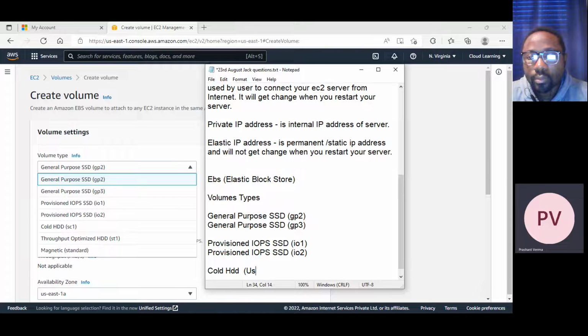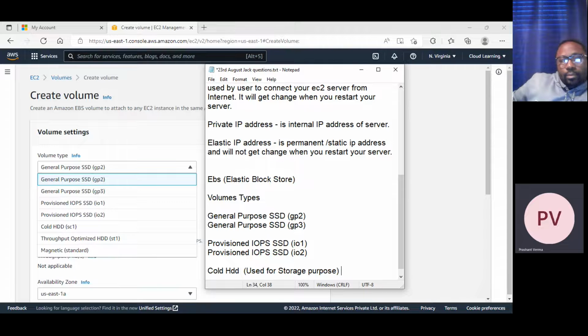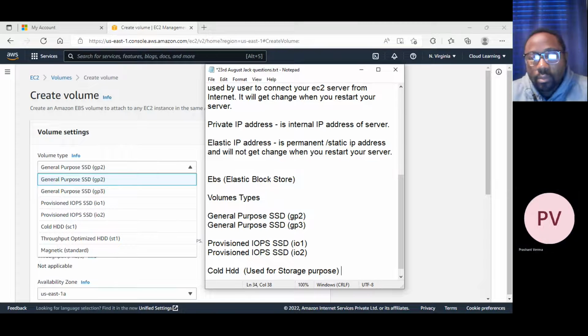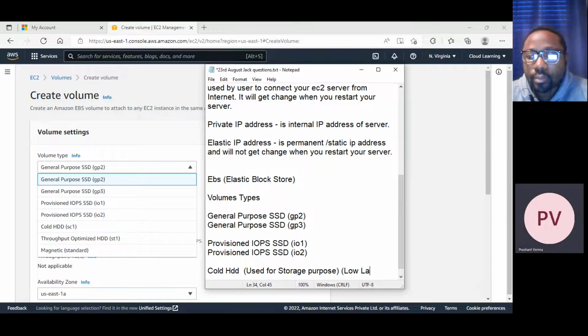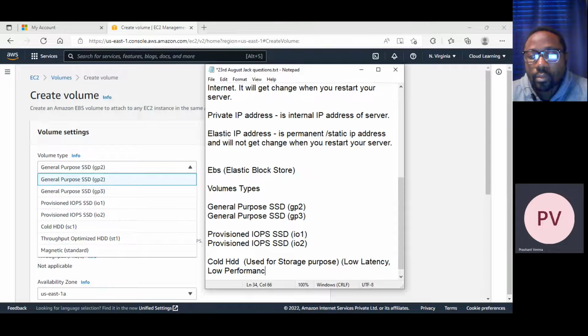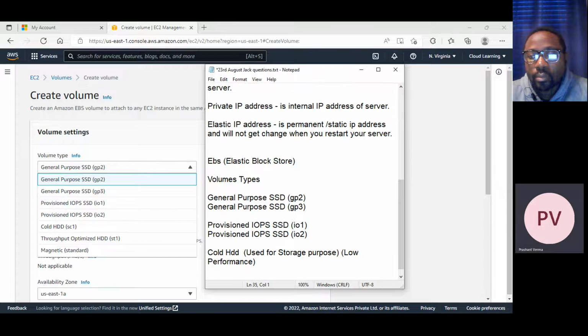It is used only for storage purposes. If we just need to store the data, we can use it. Low latency, low performance, so performance would be slow here because it is cold.